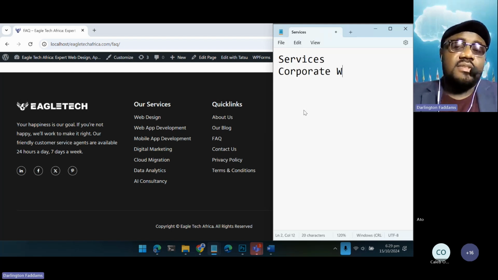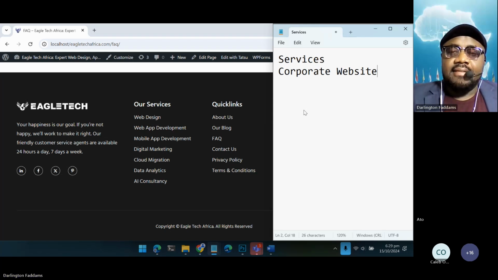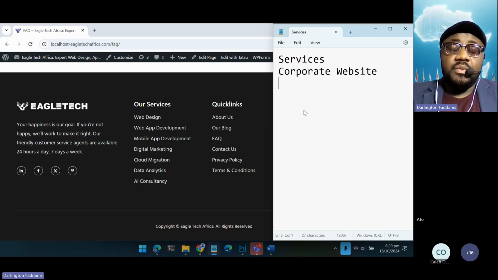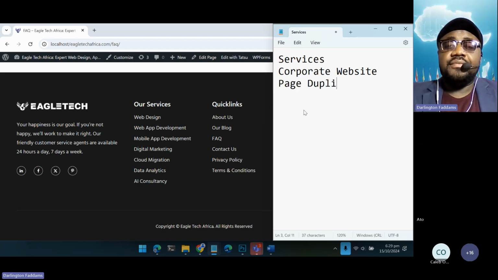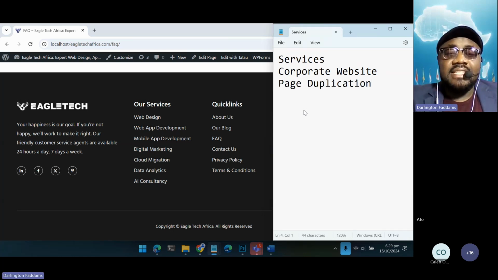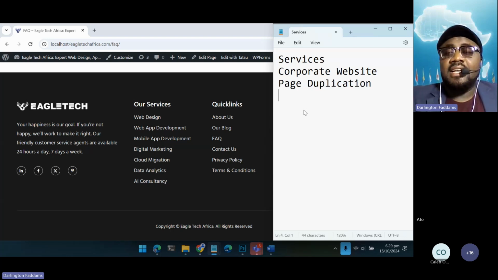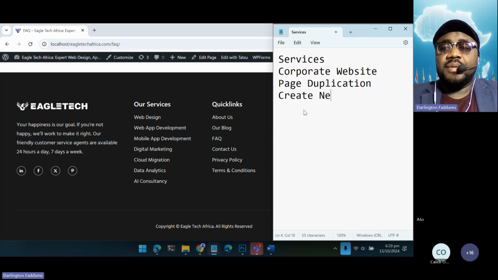We'll do a very simple customization on the corporate website page. Then we'll work on page duplication, to duplicate existing pages that you like the layout and you want to duplicate. And then after we duplicate pages, we will also create new pages,